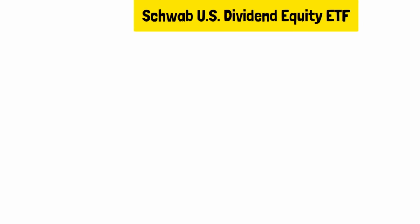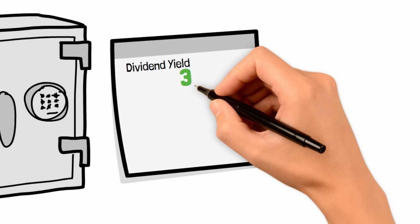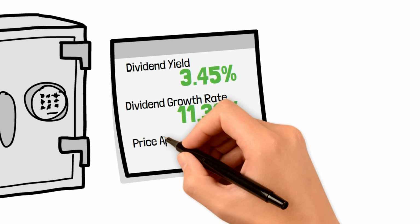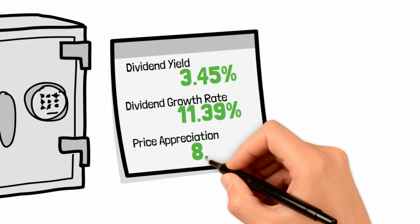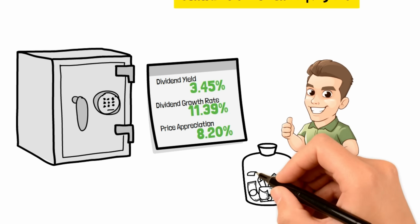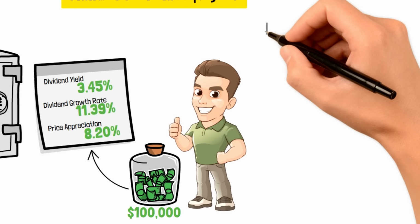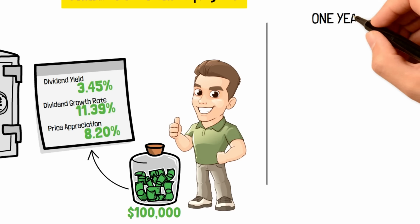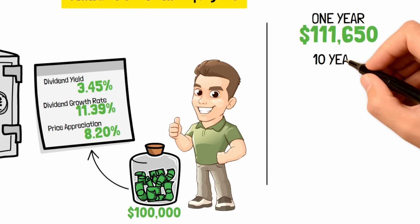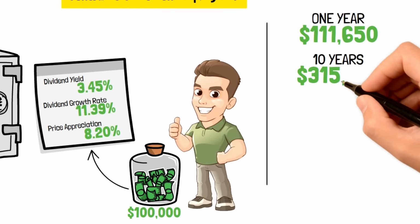Let's find out. We know that SCHD has a current dividend yield of 3.45%, a dividend growth rate of 11.39%, and a share price appreciation of 8.2%. This means that if John invests $100,000 in this ETF, after 1 year the investment will be valued at $111,650. After 10 years, the investment is projected to grow more than threefold and reach